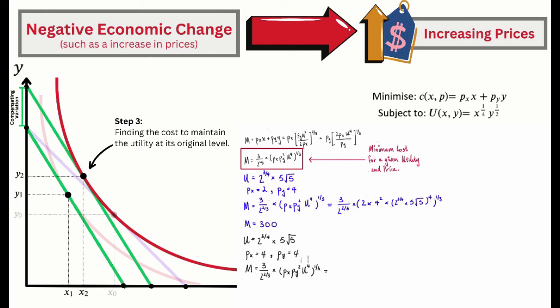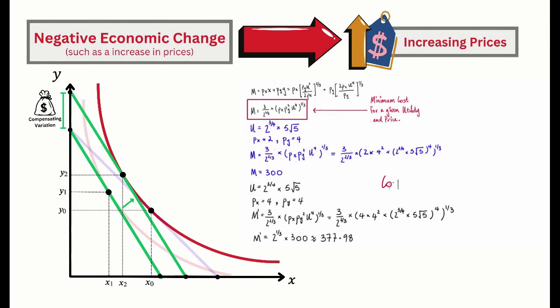So what we're going to do is put these prices and the utility level into our cost function here, and we're going to come up with 3 over 2 to the power of 2/3 times, what do we have? We have the price of x, which is now 4, times the price of y squared, which is 4 squared, times the utility, which is 2 to the power of 3/4 times 5√5. Now that is to the power of 4, and then this entire section is to the power of 1/3. Now this, if we do the simplification, we get a new level of income required to be 2 to the power of 1/3 times 300, which is approximately equal to